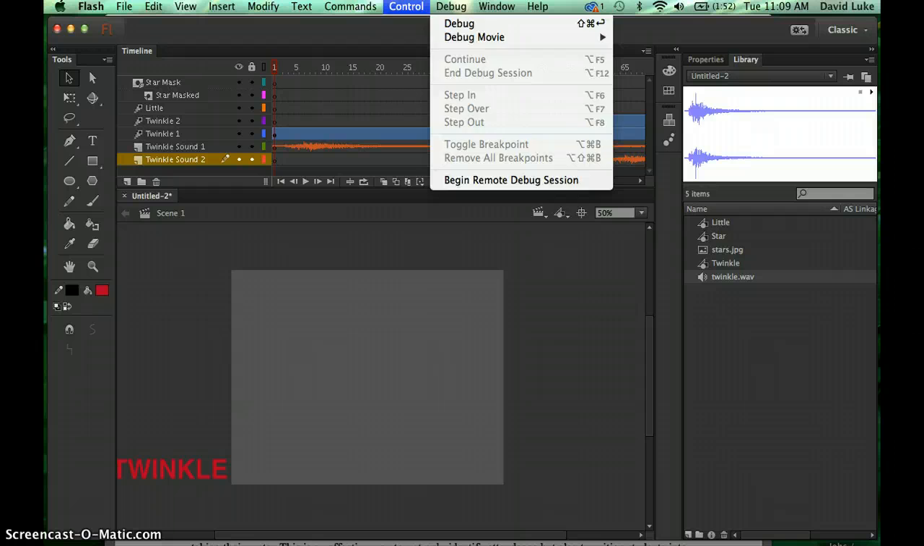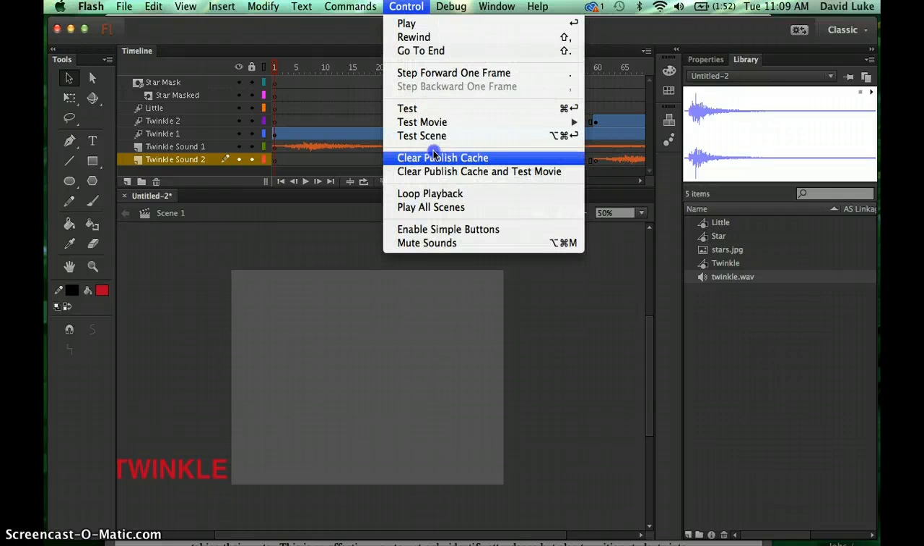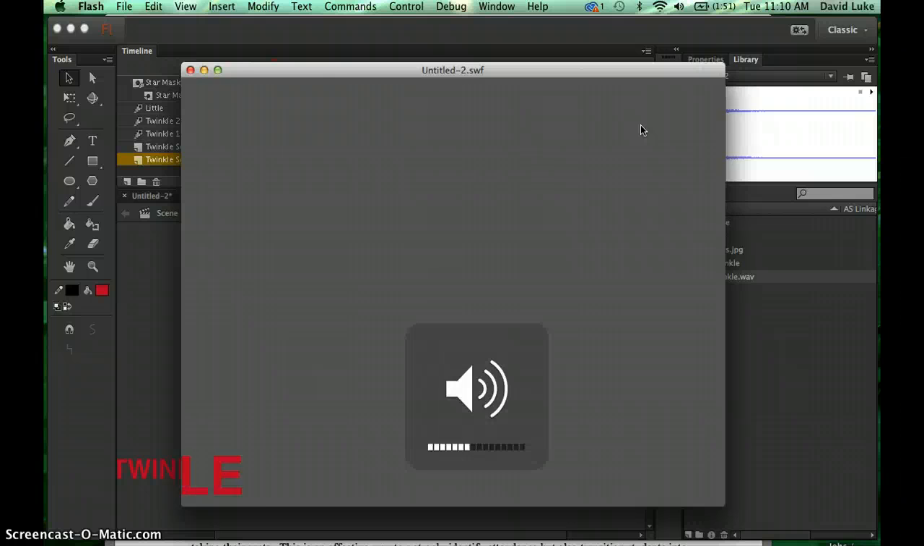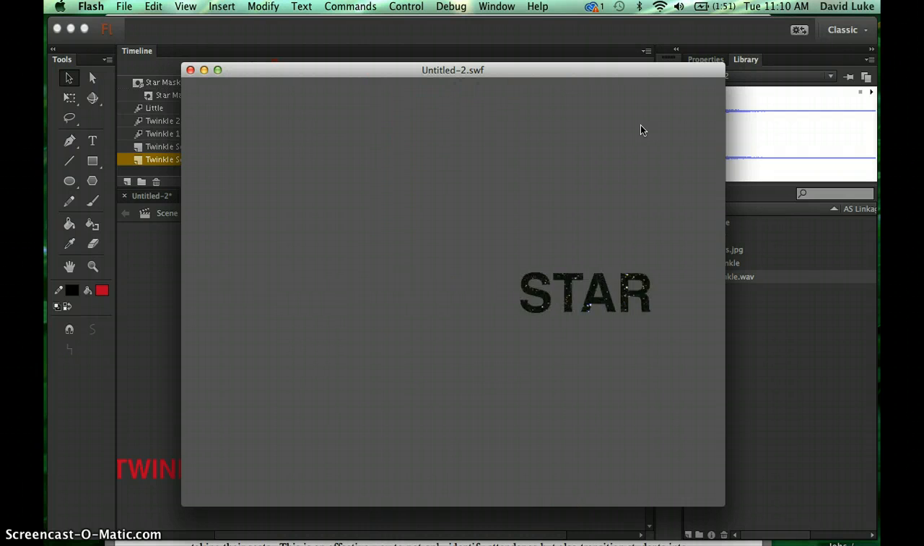Okay, so since I have a minute or two here, let's test this movie, and you will probably even hear my little twinkle sounds coming through the speakers. So here we go. There's twinkle, there's the second twinkle, and there's little, and then star. Okay, so we'll hear twinkle come again. Twinkle, twinkle, okay, little, and here comes our star mask layer. Okay,